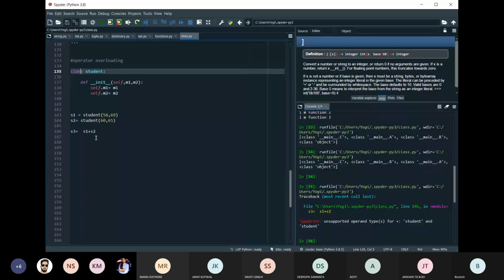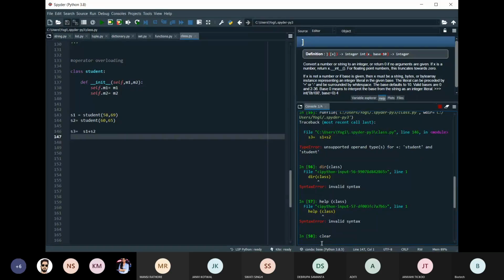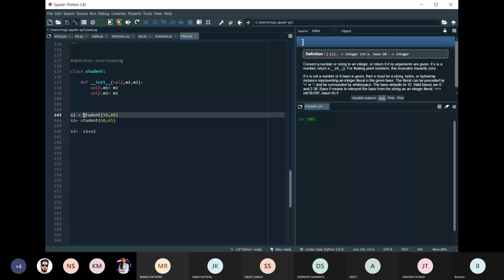So if you check the directory of the class, you can find different types of functions, but there is no function related to add in the class.